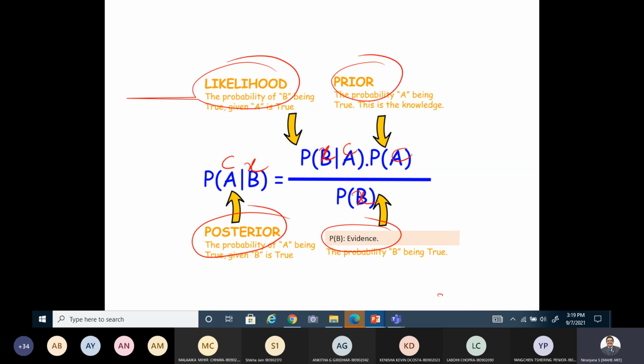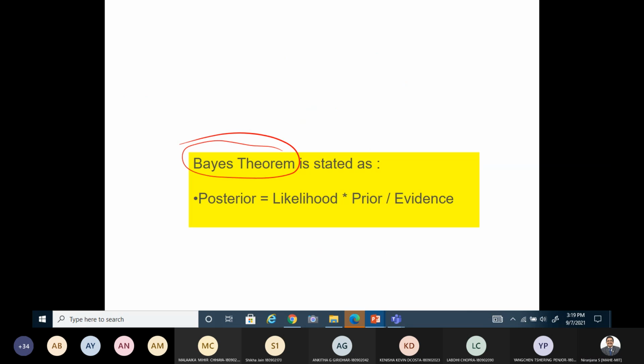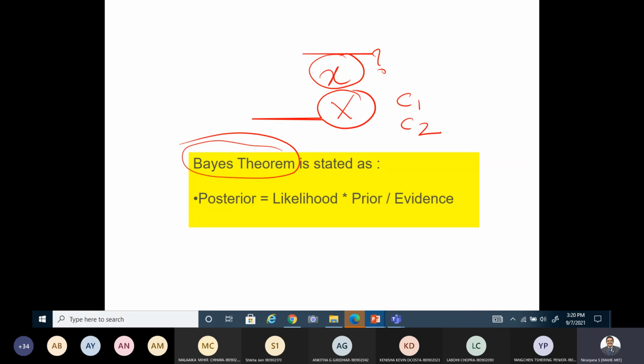So this is a very powerful relationship called the Bayesian theorem. The whole arrangement of probabilities will be used for predicting various classes when you are extracting some feature or feature vector. So given a feature, you can estimate which class it belongs to, or predict whether it belongs to class C1 or class C2, based on the probability you estimate here.